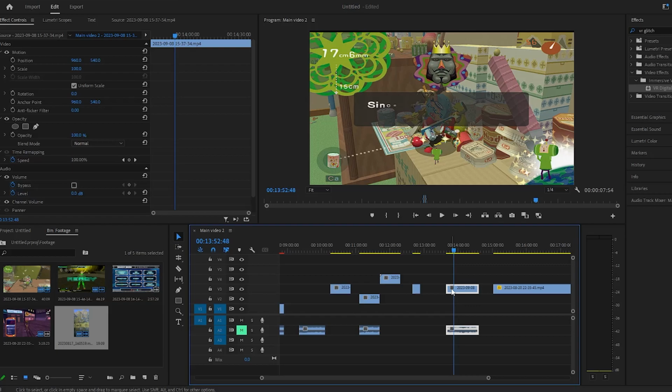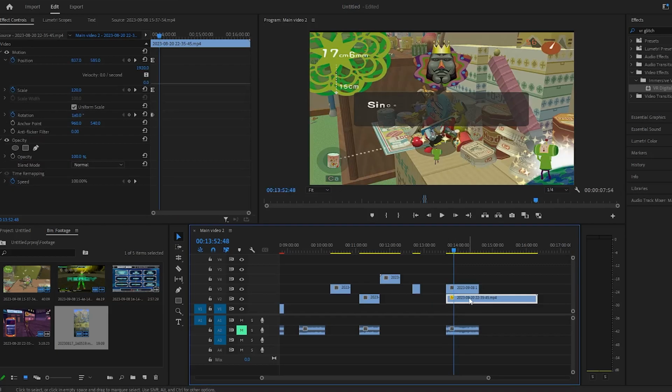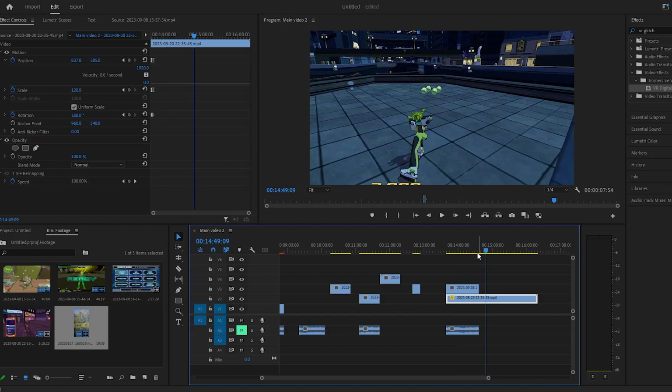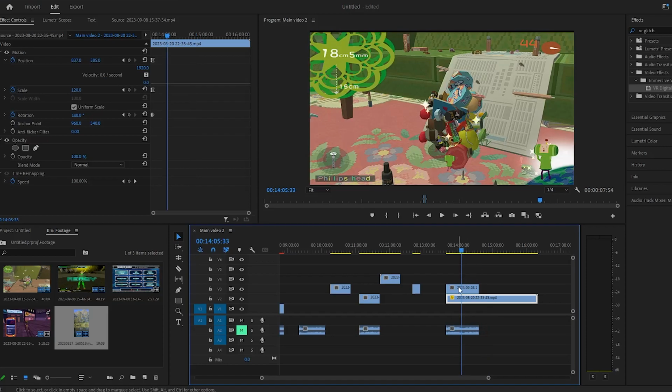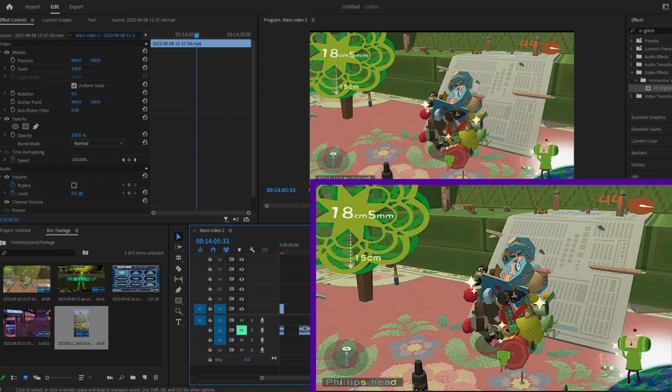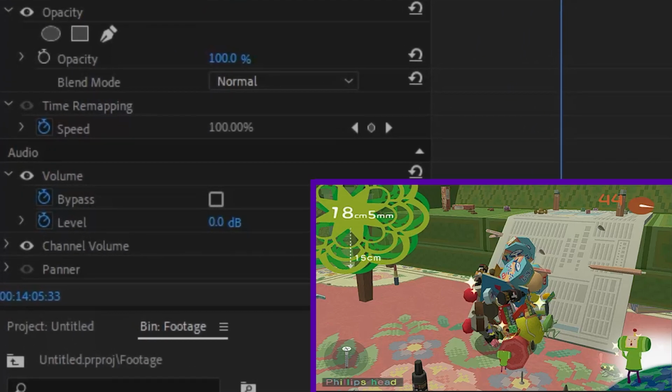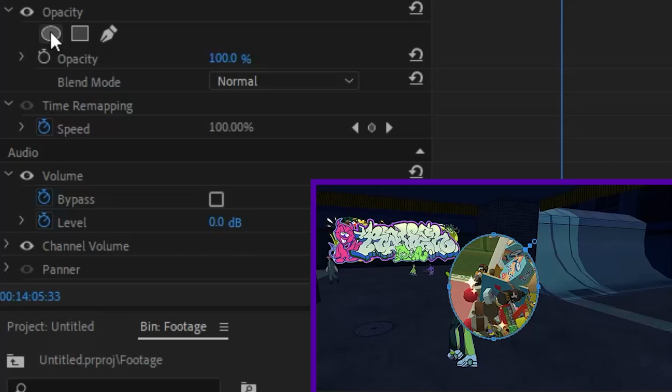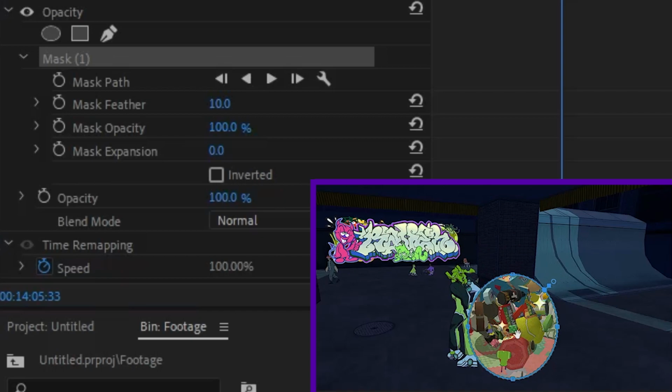But for the current situation, let's say if we were playing a game and we wanted to show that we were also playing another game on top of that. That's Bomb Rush under that. So let's say if we wanted to show that I was playing Katamari as well. So we have our two videos, and if we go to our opacity section, we have the option of a pen, a square, and a circle or an ellipse. In this case, if we click the ellipse, you will see that we now have this on our preview video. And we can just expand that a little bit,